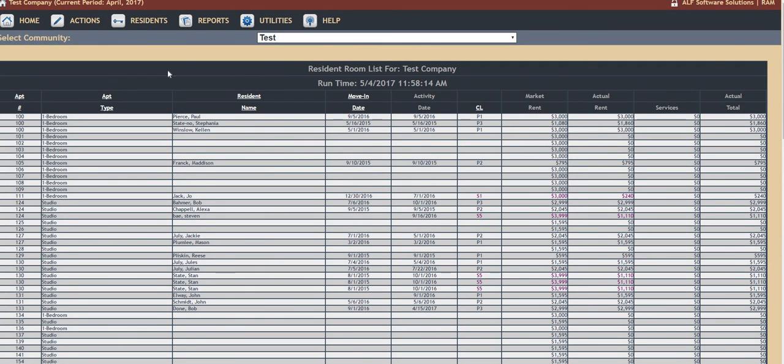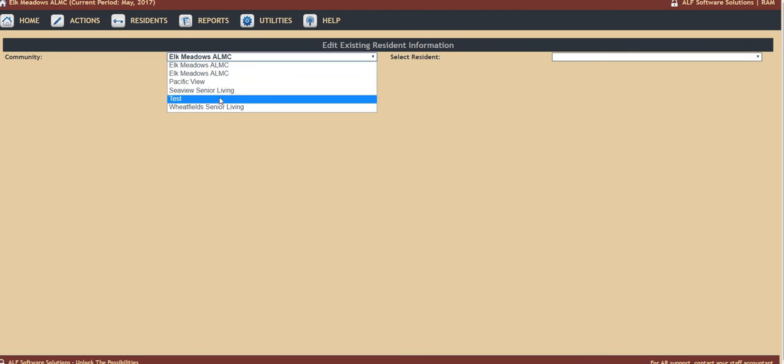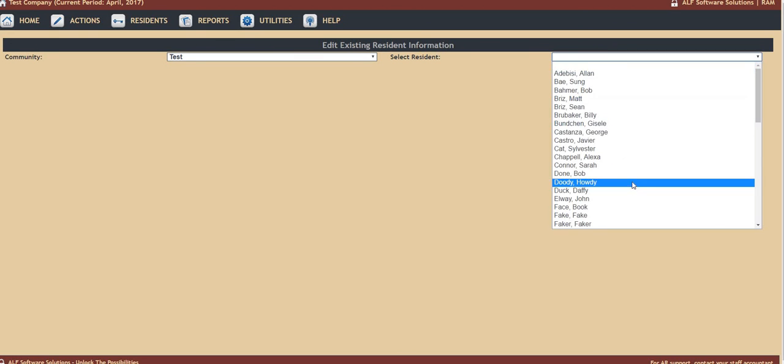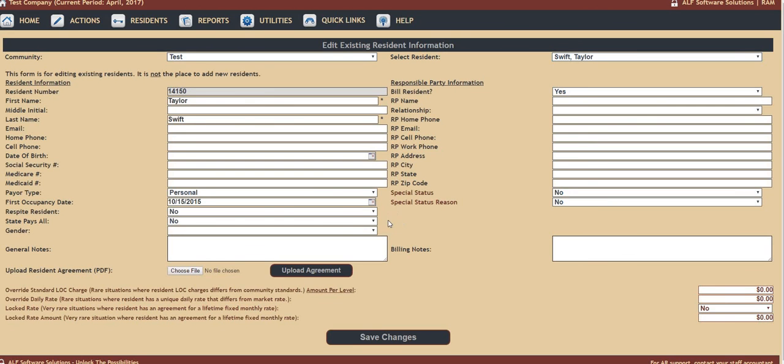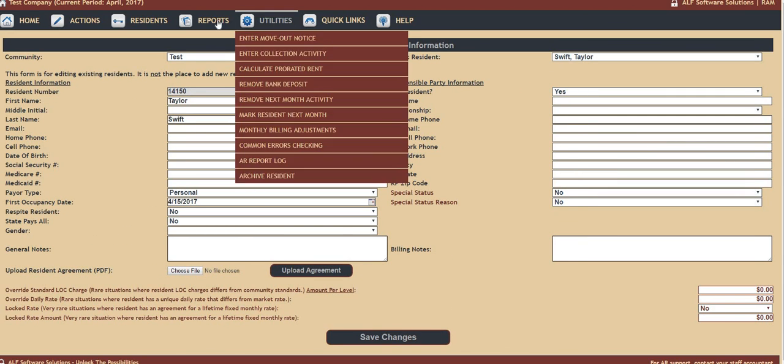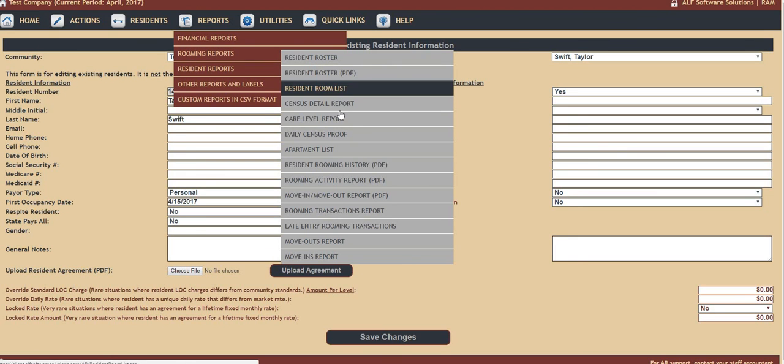We're going to head into your resident information, and you're going to find Taylor, and this date right here, your first occupancy date, that needs to match your move-in date. So we're going to find the right date. Pick 4/15. We're going to make the changes, save it. 4/15 Taylor. I'm going to go back into the rooming reports, room list,